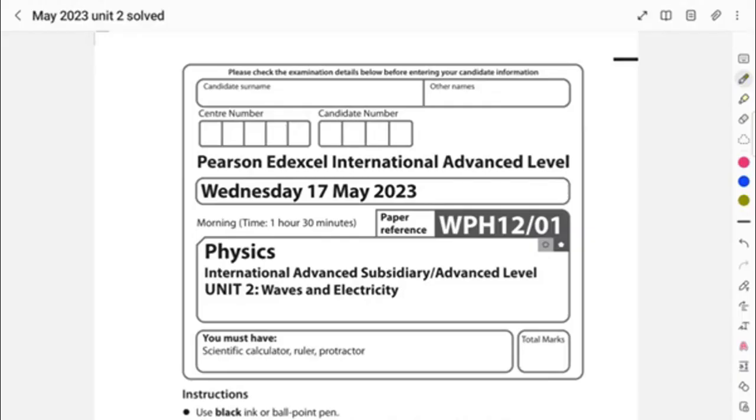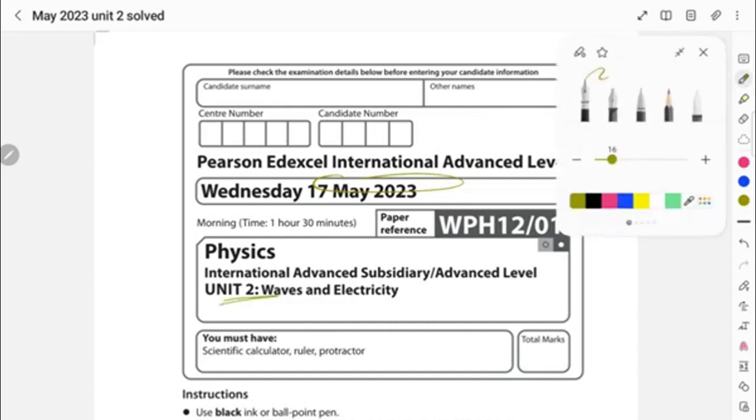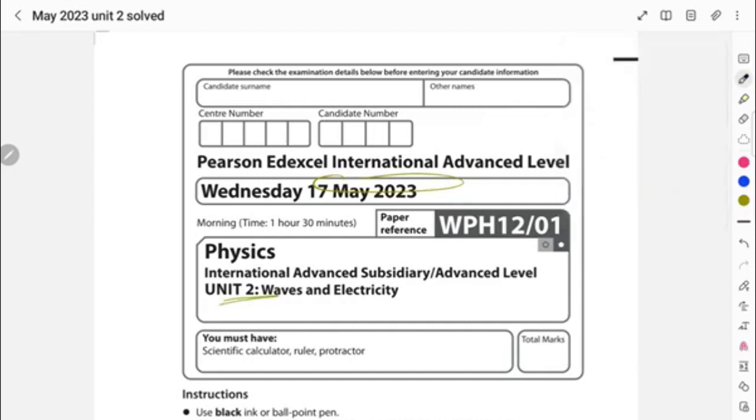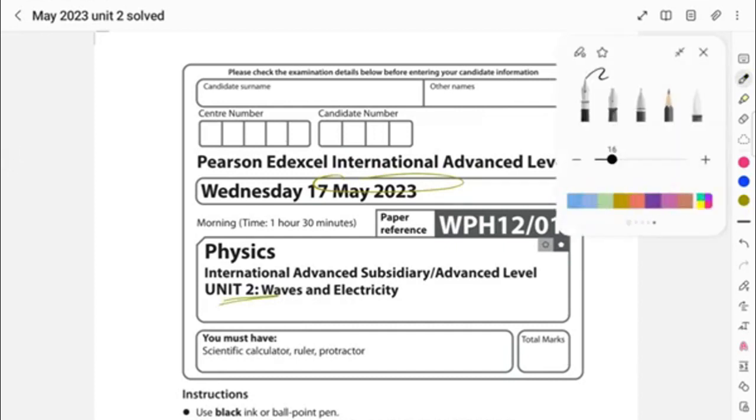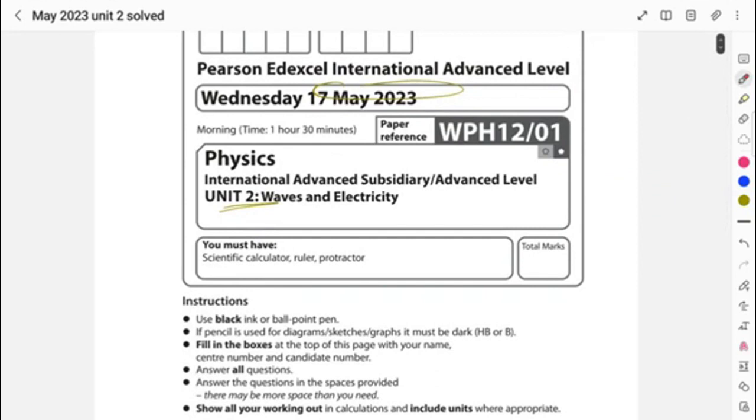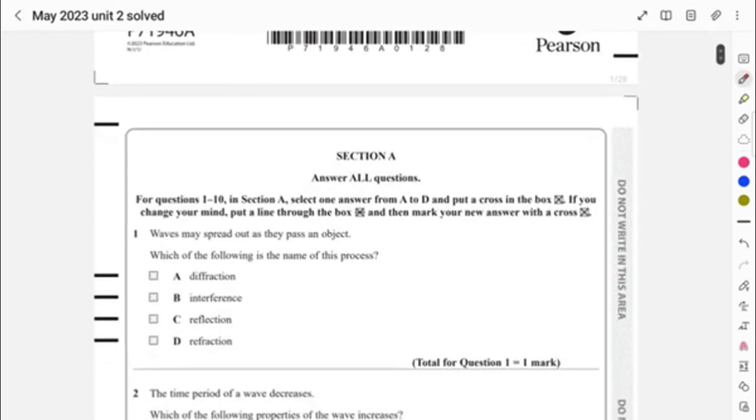Everyone, we'll start with the solving of May 2023 of Unit 2. Obviously, A is physics. So let's start. I'll just use a different ink. Okay, then we'll start with the solving of May 2023 Unit 2. We'll solve starting with Section A, the first 10 MCQs, and then move on to Section B, the theoretical